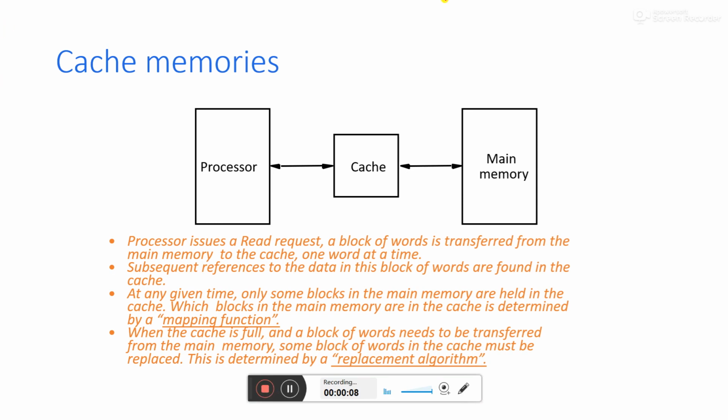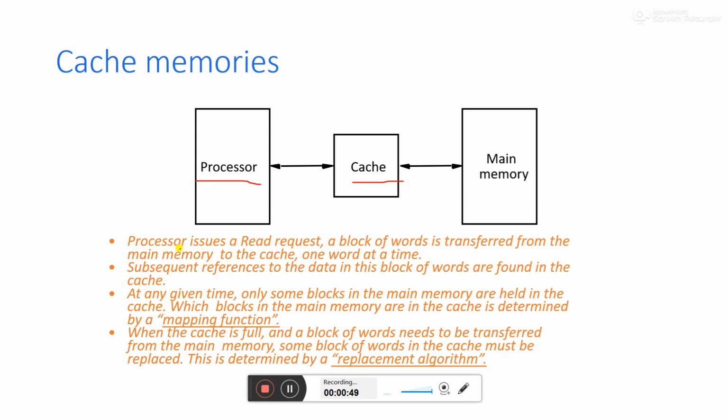In cache memory, you already know that there is a CPU, a processor, and this is your cache memory, which is very near to the processor. After the processor there are also registers, but I am not showing them because it is understood that registers are inside the processor. After the processor there is a cache memory, and after the cache memory there is a main memory. We are going to discuss these three types of memory systems, and I am showing you how the cache memory works with the processor.